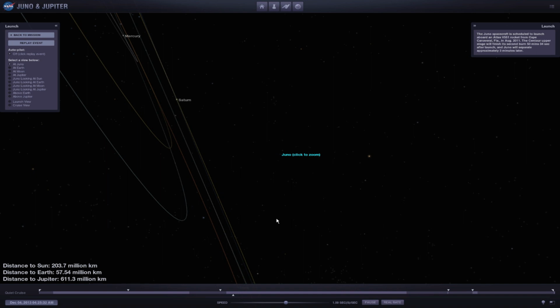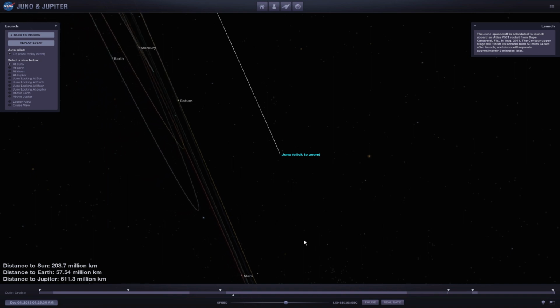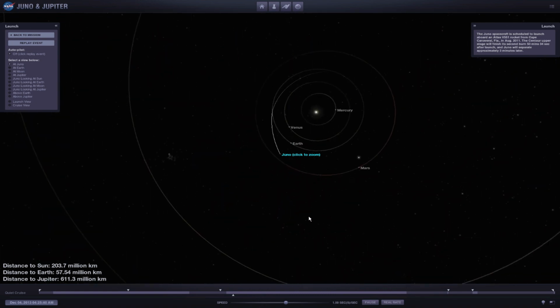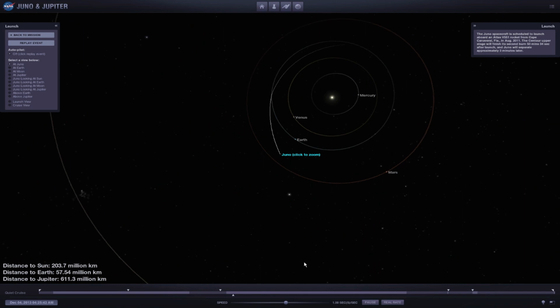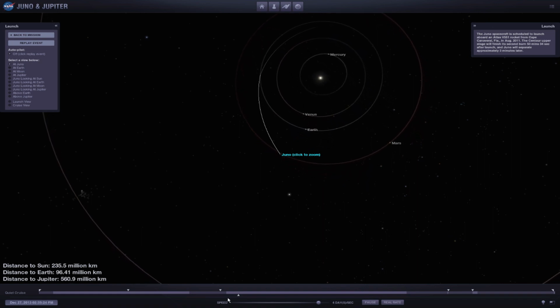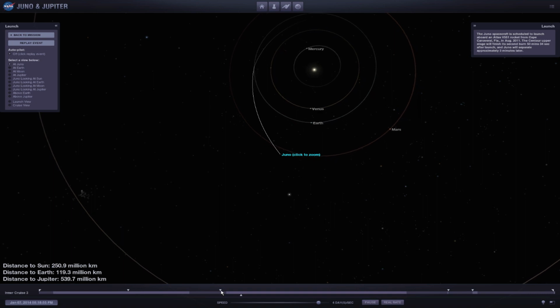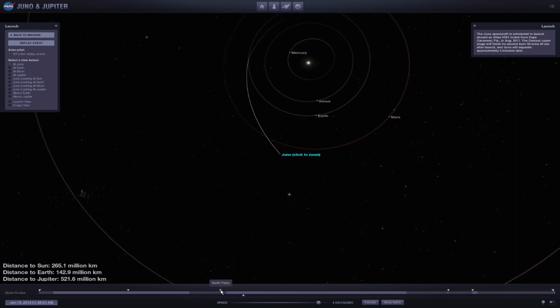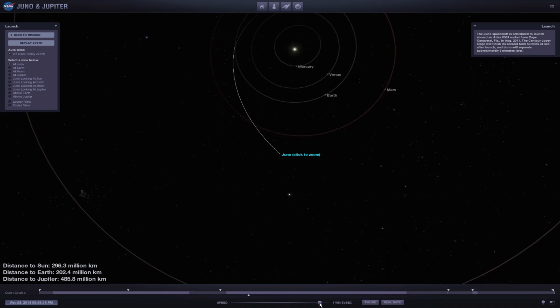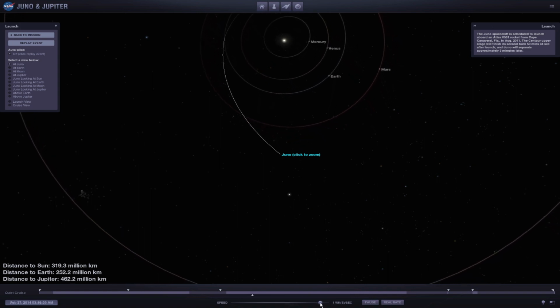Let me try to zoom out one more time. Come on, you can do it. There we go. I think there's probably a shortcut I'm missing. So we've gotten our gravity assist from the Earth, and now we're going to speed up one more time. We are now in the cruise phase. As you can see, these different phases and events. There was the Earth flyby. Now we're heading on out. It's taking a long time. It's 2014,